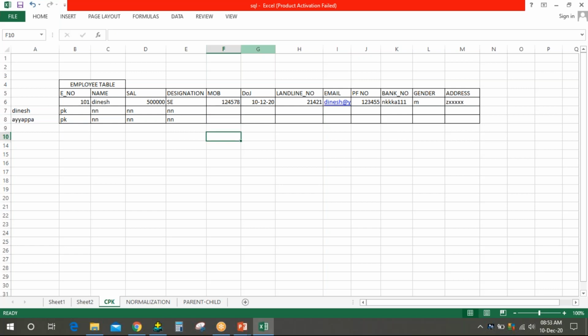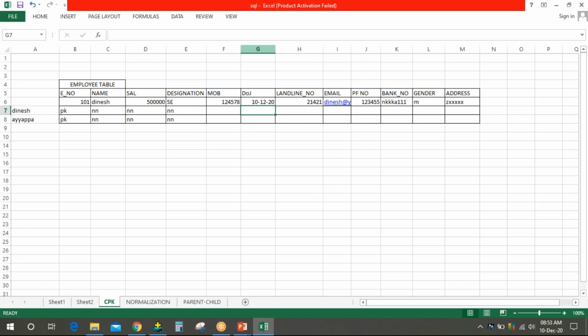We can pass the unique values also, and we can pass the null values also, right? What about date of joining?